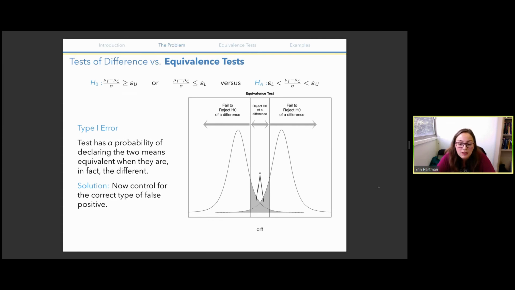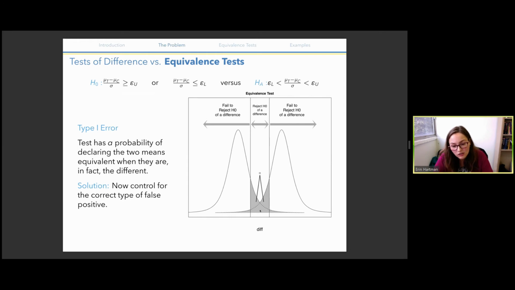We set up some range where we say, we conduct these two tests corresponding to our two different null hypotheses over here. And we say if the difference lies within some range, we pick a symmetric equivalence range somewhere around 0, right? So our difference is 0. We're going to get a low p-value on both of these tests, and we pick the larger of the two p-values that we observe. And if that larger of the two p-values is less than alpha, then we reject this null of a consequential difference in favor of the alternative that there is no consequential difference. And so now we're controlling for a type 1 error that's consistent with that